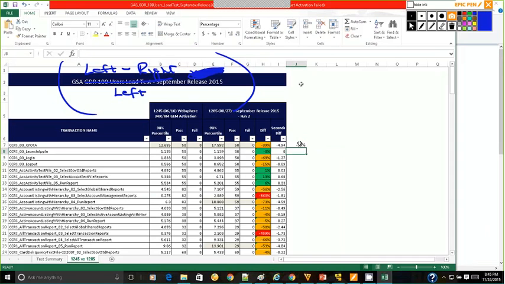Actually, wait. Let me do it here, because that has been changed, right? I'll do here again equal to sum, double bracket, left minus right, divided by left.